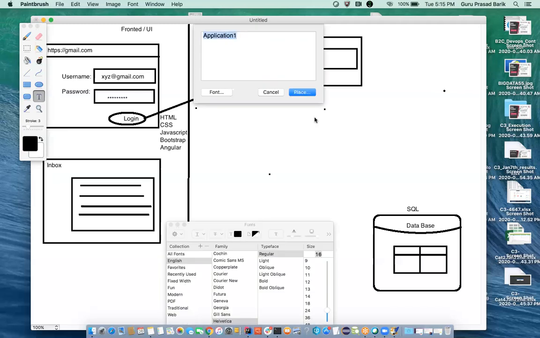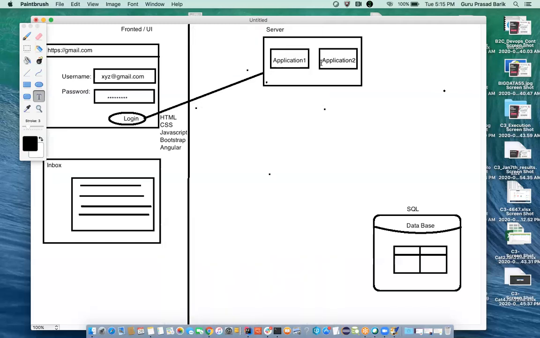There are different applications present in this server, which provide service to the front end. There are different technologies used to develop these applications. This application interacts with the database, retrieves the data, and sends it back to the front end or UI.